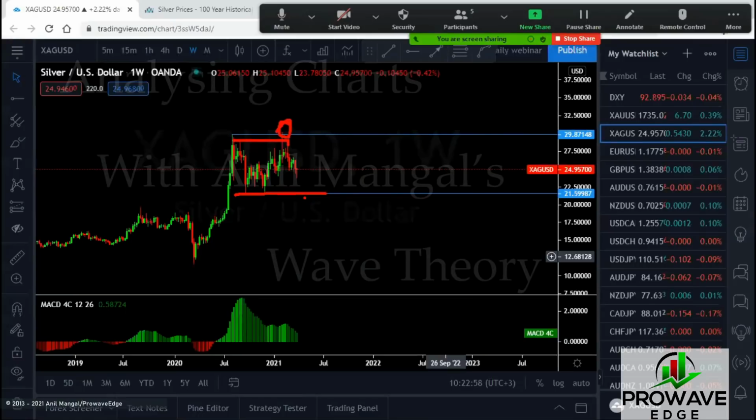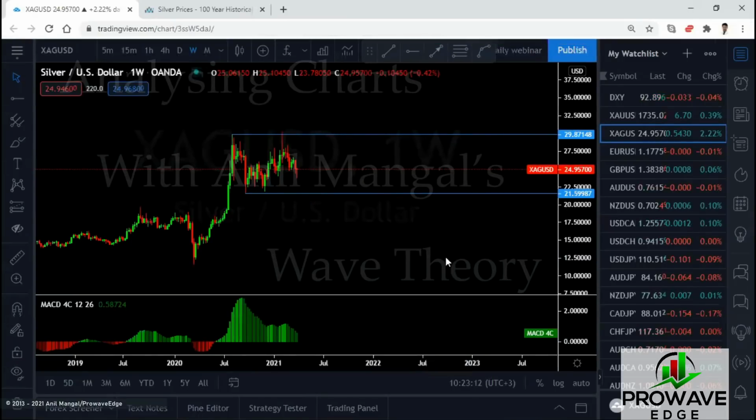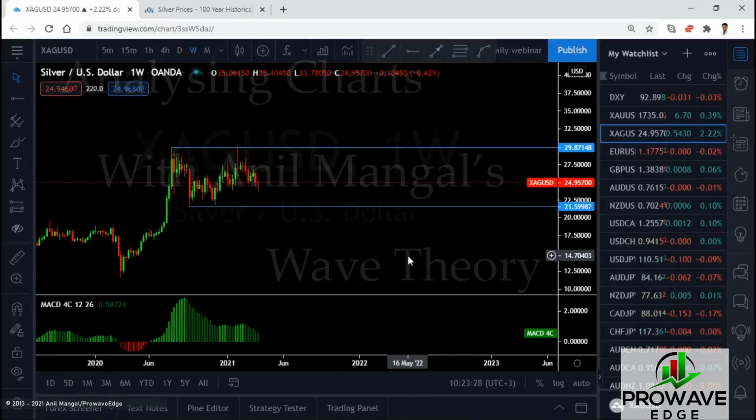Well, I'm not a believer that anything is false in the chart. This is statistics, and you can't say stats are false. If the price went there, then it's not false. What you have to do is understand it at a better level, at a higher level than false head fakes and false breakouts. And that's what we do. We look at it in terms of patterns. Is it creating a pattern that we know?